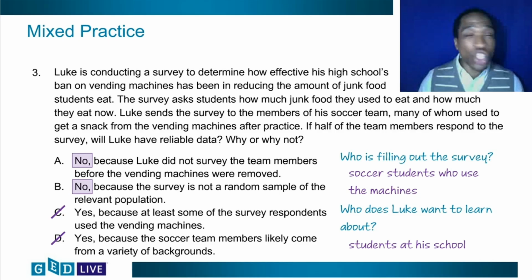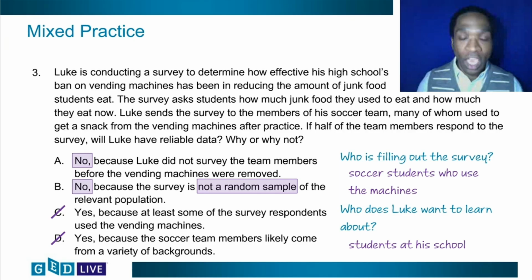Well, look at choice B. It mentions it's not a random sample of the relevant population, which goes to what we talked about earlier for samples. They need to be both random and representative. So B is correct. Yes. So you can start to see how laying the foundation earlier in this session pays off in the actual questions. And this is something you'll continue to see as you practice moving through the test day. All right,